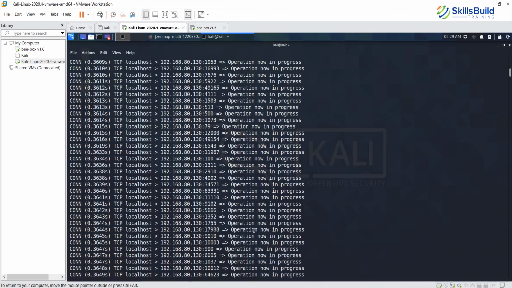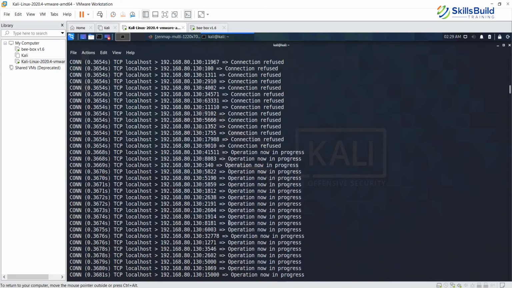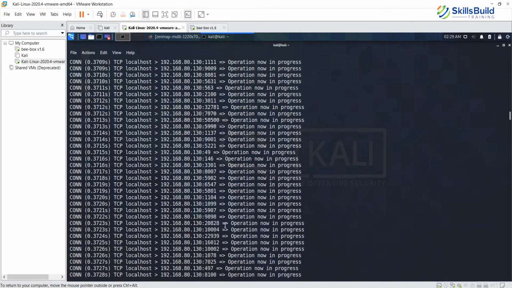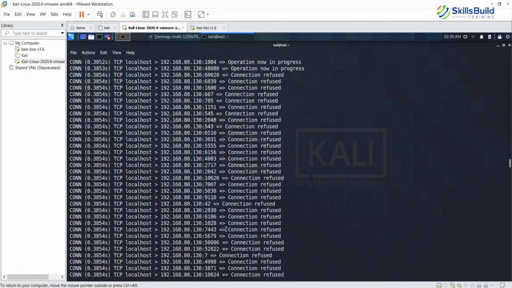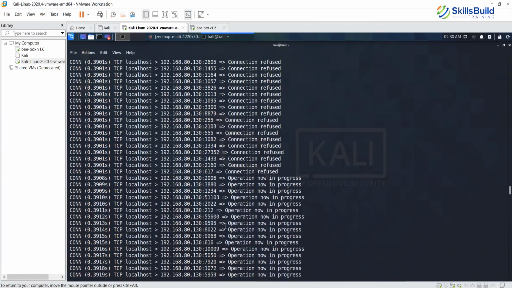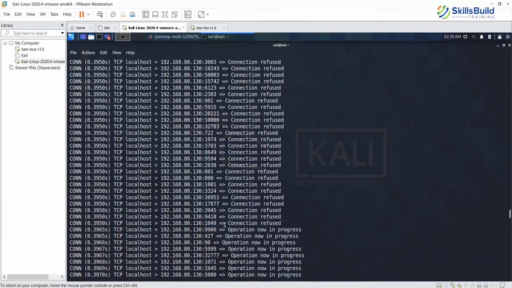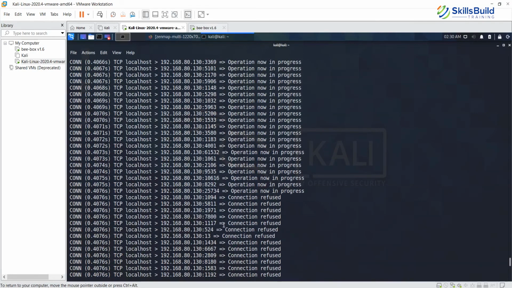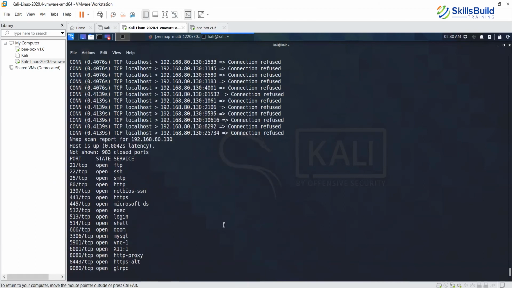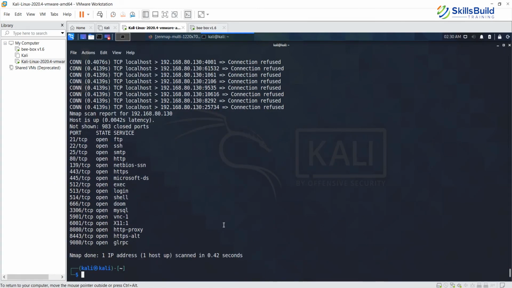Now then a series of packets are sent to this particular system, and basically to detail its approximate location in terms of time from the 129 system, which is the Kali system. So this is basically what the output is showing here. So you're trying to basically detect the location of this particular system. And then finally it gives you a list of open ports.